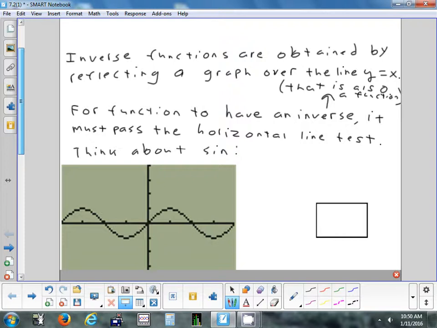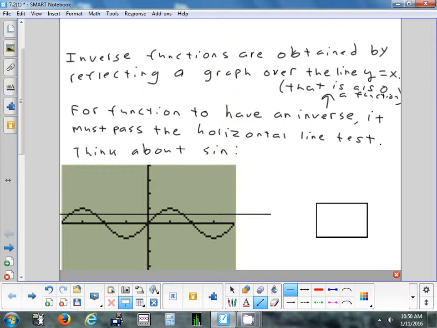All right, so let's think about the graph of sine. If I draw a horizontal line anywhere that I want, is it possible it could hit the graph more than once? Yes. In fact, any horizontal line, if it hits the graph at all, is going to hit it how many times? Infinitely many. If it doesn't hit it at all, then that's separate. But if you put any horizontal line, if it hits it once, it hits it infinitely many times. So what that means is that sine does not have an inverse that's a function,